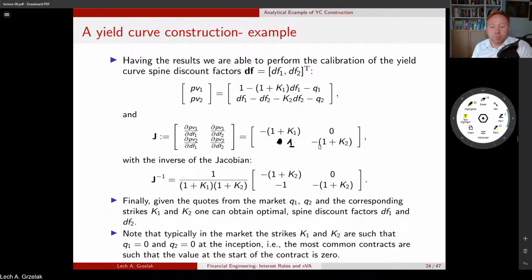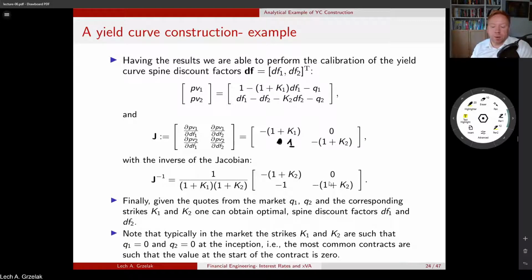This 1, and then we have a minus 1 plus k2. So this is important. And then if we do the inverse of this matrix, then we have just the following expression. This is the determinant, and then we have this lower diagonal matrix. Also important to notice that if you have swaps, and only swaps are used to build your curve,